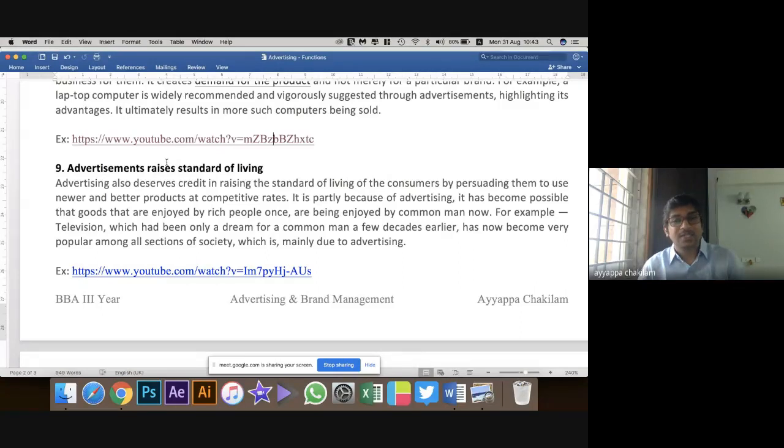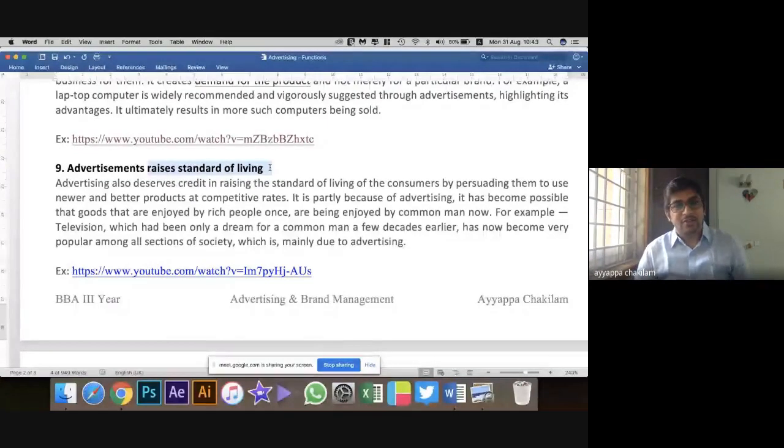And when they purchase a car, it's raising the standard of living. That means they have progressed in their life and are successful. Even if all of us have been driven in cars since our childhood, when we purchase a car with our own hard-earned money instead of the parents', we feel a kind of satisfaction, the feeling that our standard of living has risen. So that's how advertisements try to tell you that by using this product, you're increasing your standard of living. By using a Maruti car, you're increasing your standard of living.